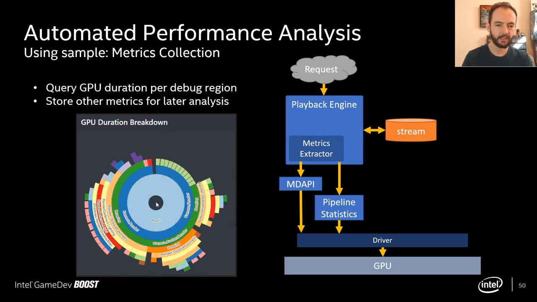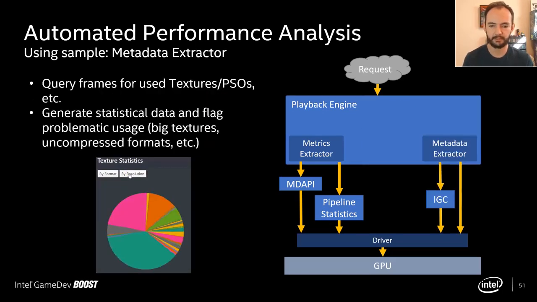Now, moving on to the next thing, another mechanism that we're going to be using is the metadata extractor, which is similar to the metrics extractor. But first, I want to talk about what exactly is metadata. Metadata is all of the data associated with a resource that is not necessarily the data itself of the resource. So when it comes to a texture, it's not the actual texture data, but the data associated with it, which is the resolution, the X and the Y axis, the format, all of the data associated with the texture. So with this data, we can extract it with a metric extractor, and we can create